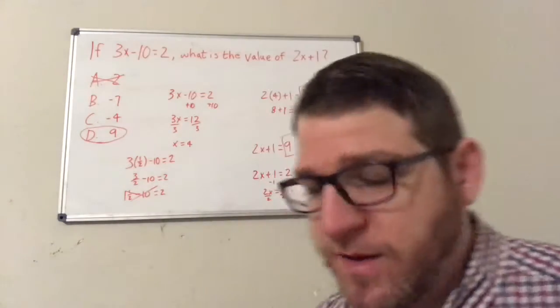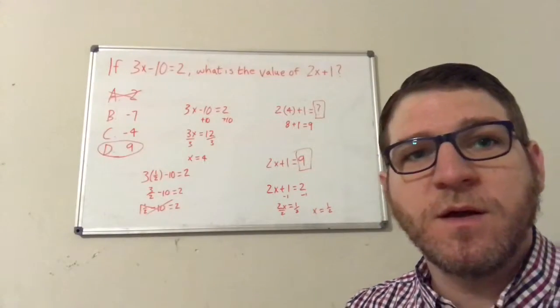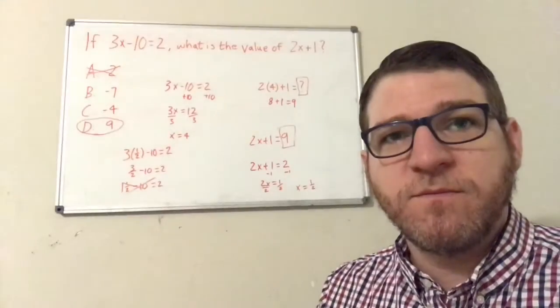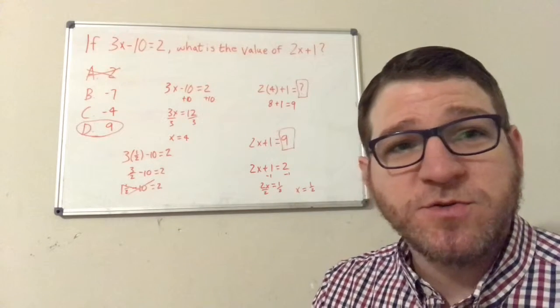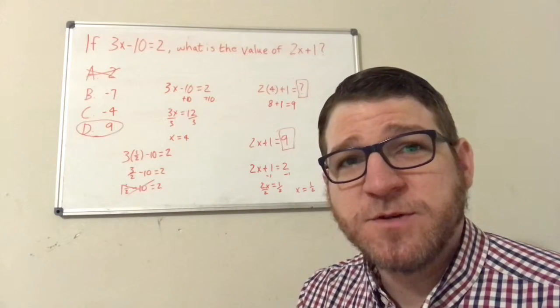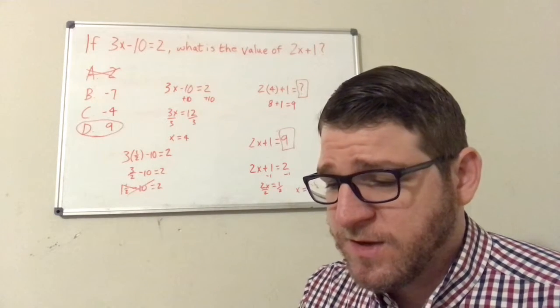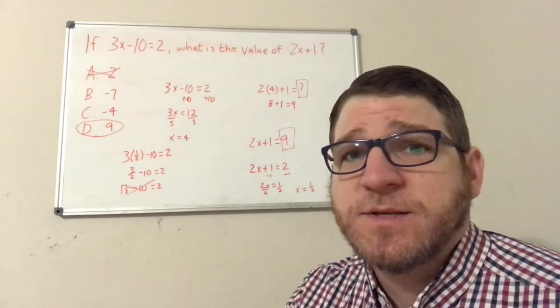You want to know how to calculate the area of a circle, the area of a rectangle, and various things like that, area of a triangle, and especially those special right triangles. That's one of the reasons I tell you to look at the answers first. If you see like a square root of 3 in one of your answers, that does not necessarily mean that that is the correct